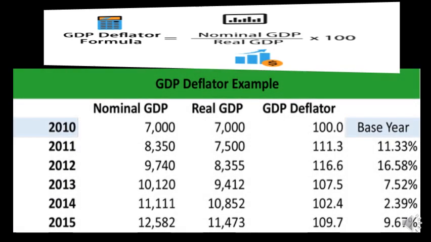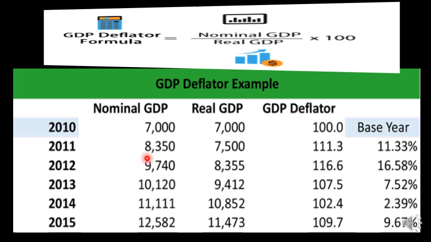Hello students. Today I will start with the example of GDP deflator, how it works. How this GDP deflator works to calculate the real value of GDP. Now in the last class, in the last video, I had concluded with this topic GDP deflator, and we have done the formulas to calculate nominal, real GDP and GDP deflator, which is the price index of the current year with respect to GDP.